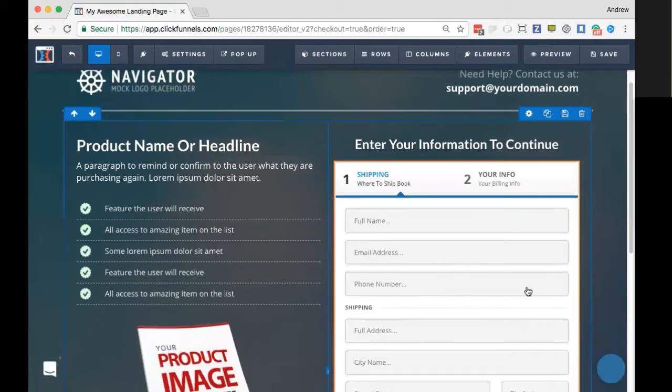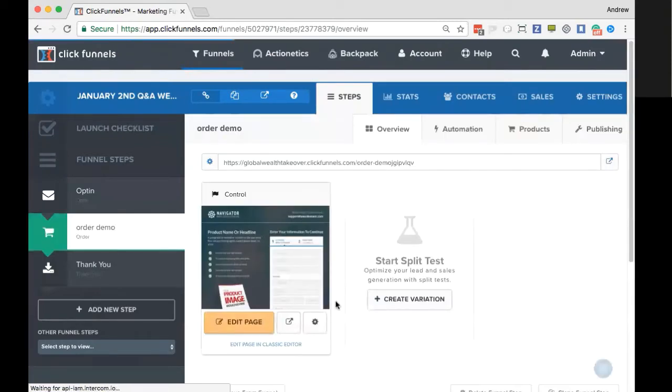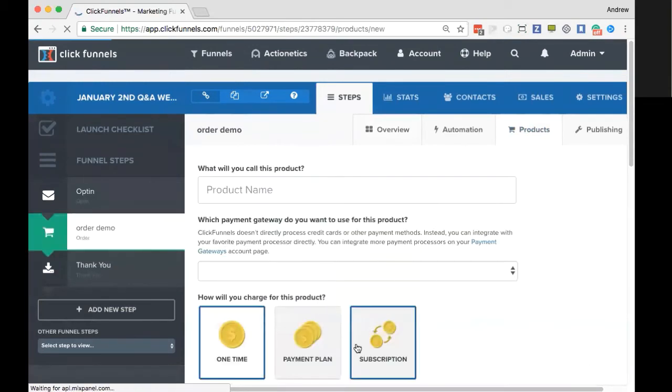So once we get inside, you'll see here that you can set this up now however you want. You can just integrate your autoresponder on this, or you can integrate whatever. So once you've created your product, go here inside of this, and you just simply put the price for your shipping as your price name. So in this case, we'll call this shipping.